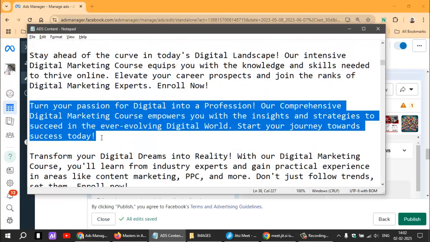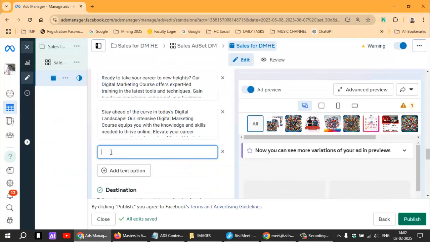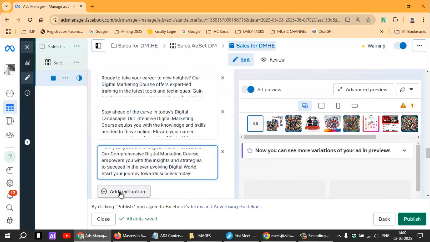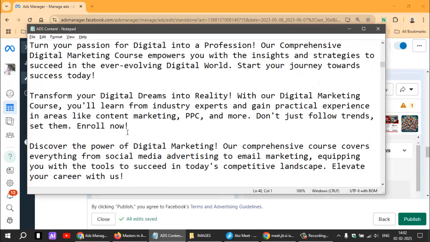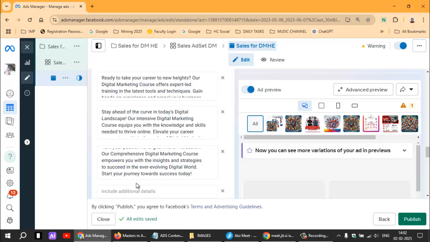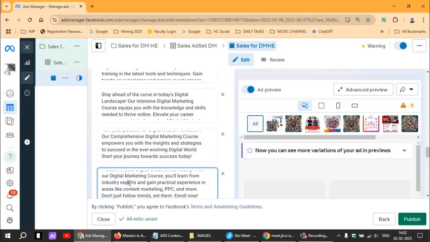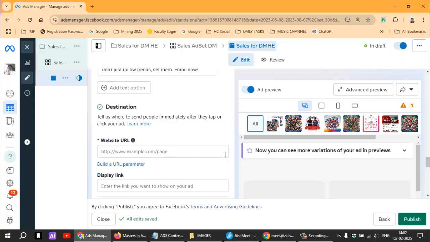Okay, so we are almost done. So we have completed 5 descriptions, 5 headlines, and the primary text, and now we need to provide the URL where